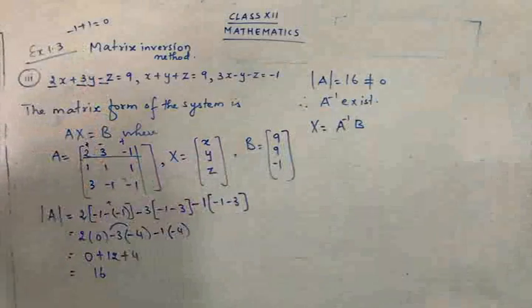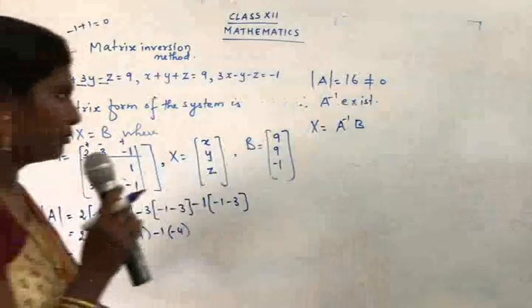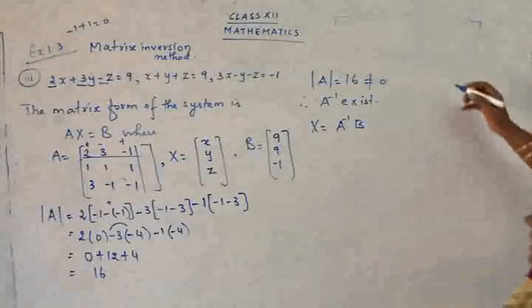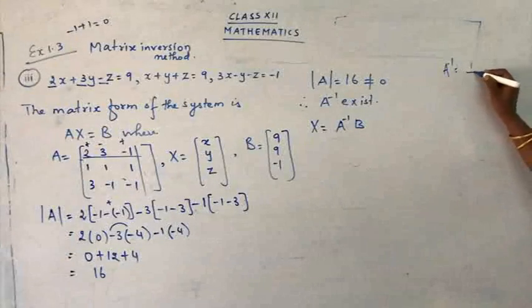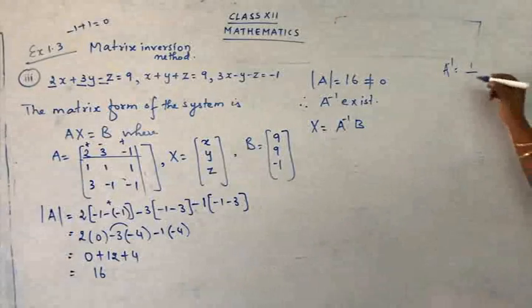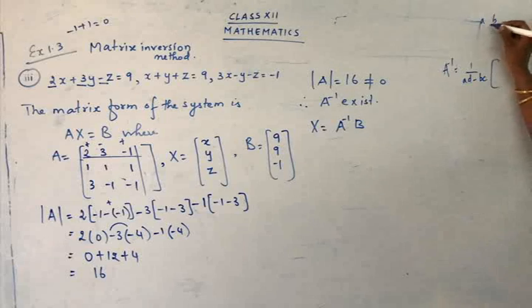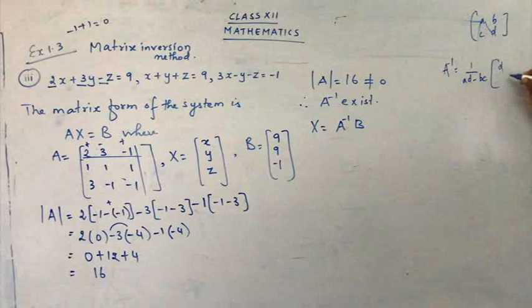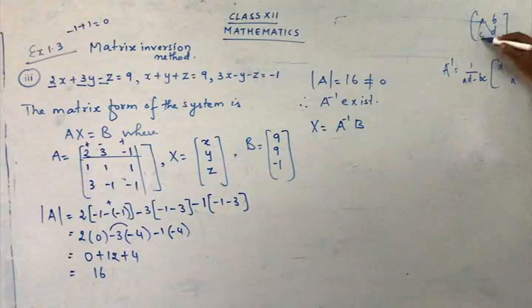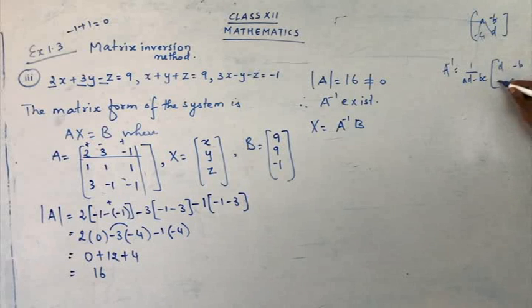I have taught you the direct method for finding A inverse for 2 by 2 matrix. Yes, student, do you remember that formula? Yes. The formula for A inverse is, what do you get here? 1 upon AD minus BC. Yeah, if it's an A, B, C, D matrix, what happens? The A and D get interchanged. D, A, and we have to interchange the sign. So it becomes minus B, minus C. This was the method to find A inverse, yes.